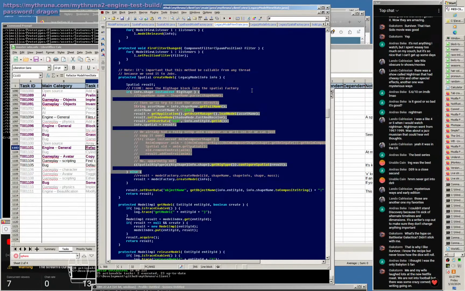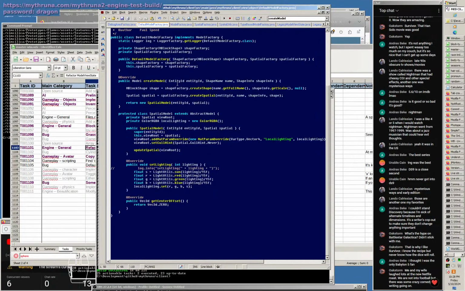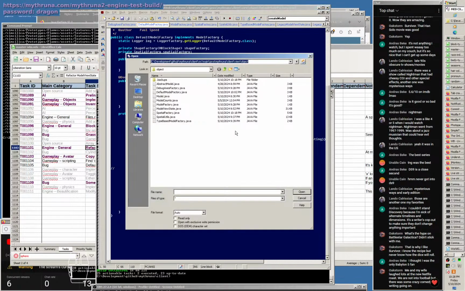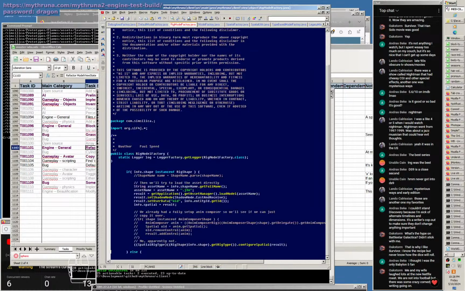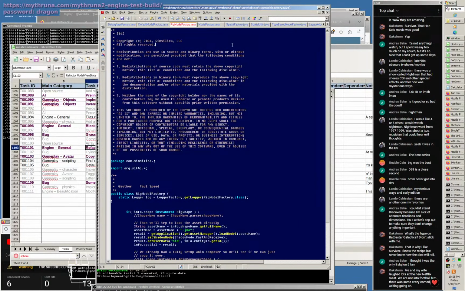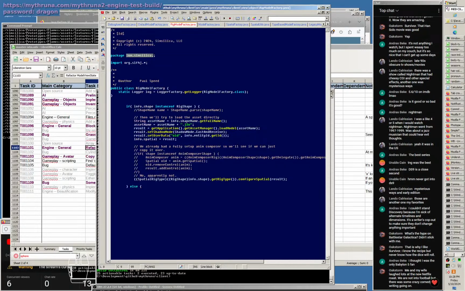And so now we can actually do this in a really formal way. So instead of a model factory, we can have a rig model factory. Right? Let me just put that code down there for a second. Clear this crud out. Fix the